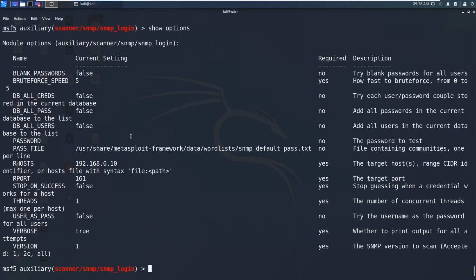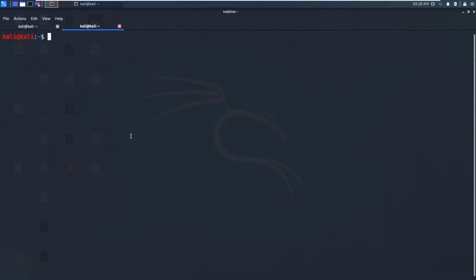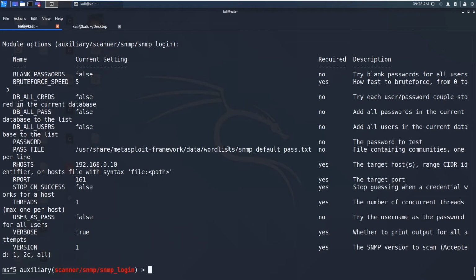Okay, let me go on and show you this. I'm going to use the previous temp.txt file, and now I'm going to set the path here, PASS_FILE.